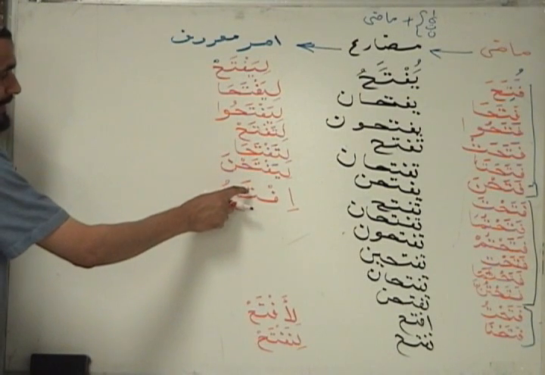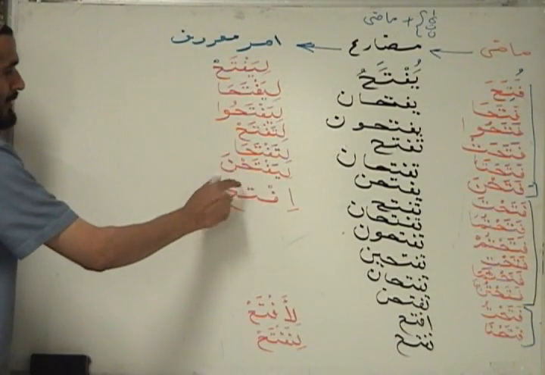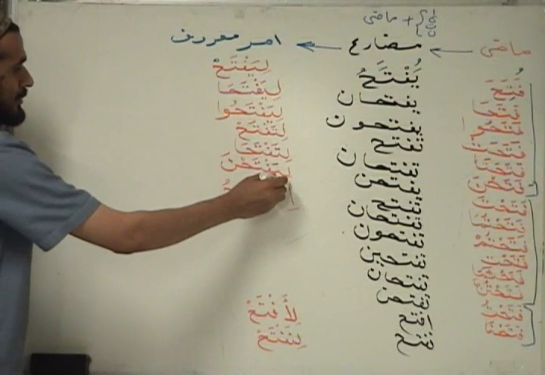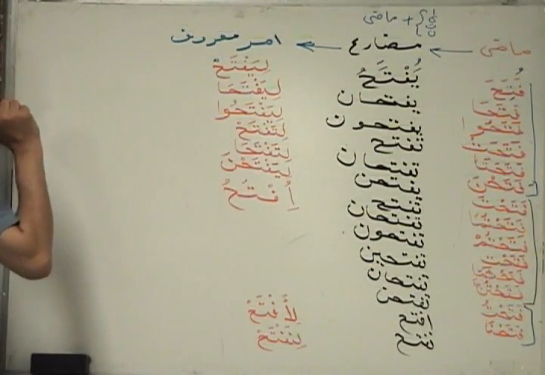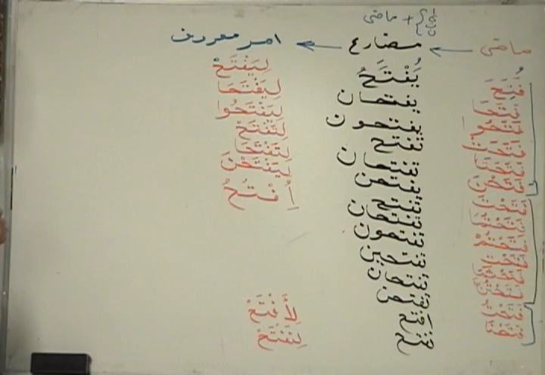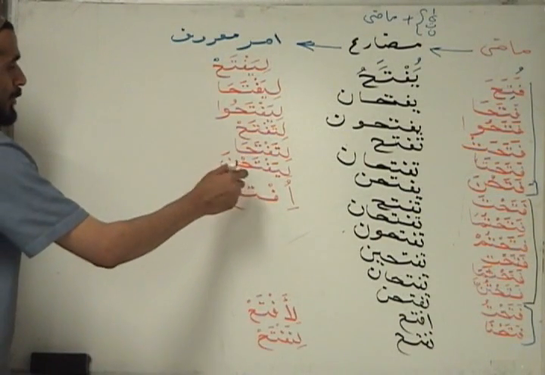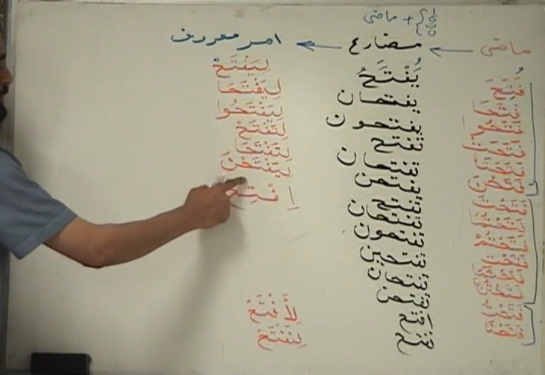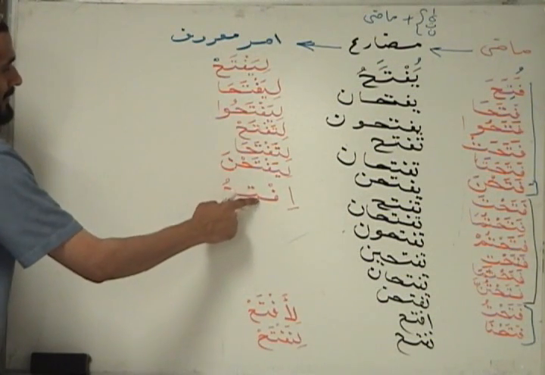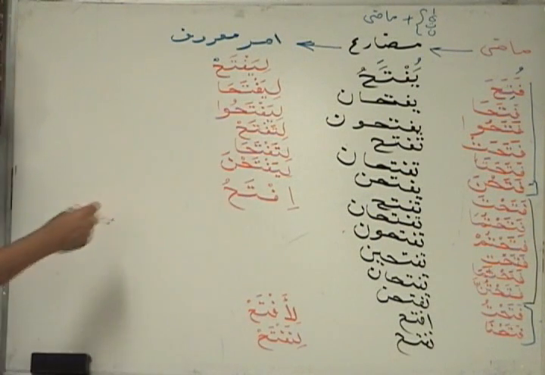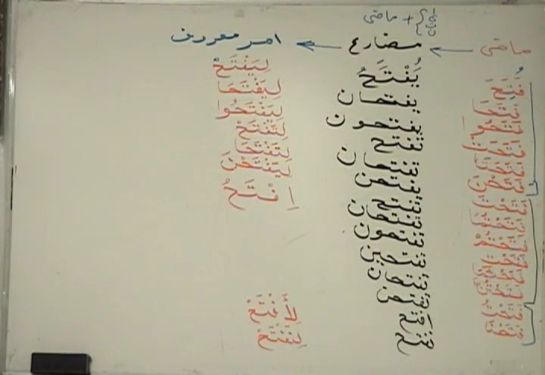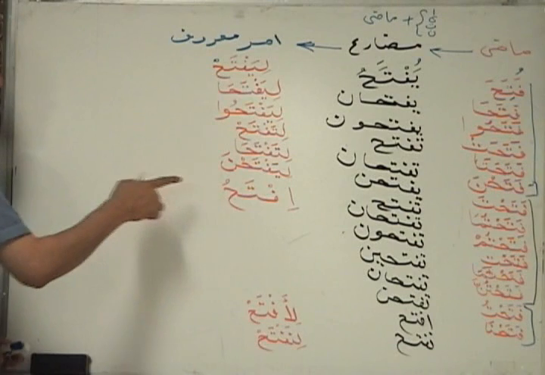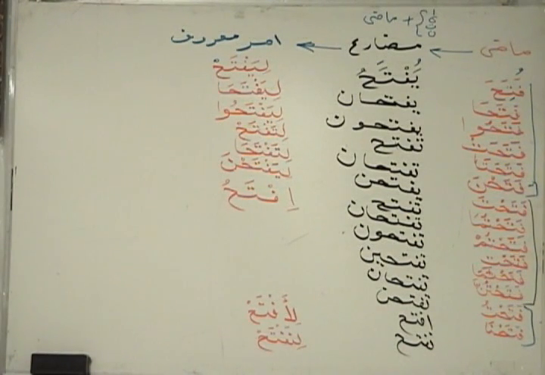But if this letter has a dhamma, then you give, suppose it was tuftah, right? Then what would you do? You would give it a dhamma. But that's not the case here, right? We have a fatha here. What if there was a kasra here? You would still put a kasra here. Remember the third letter, if it has kasra or fatha, the hamza takes a kasra. If it has a dhamma, the hamza takes a dhamma. So in the case of taftahu, it's iftah. In the case of tamsuru, it is